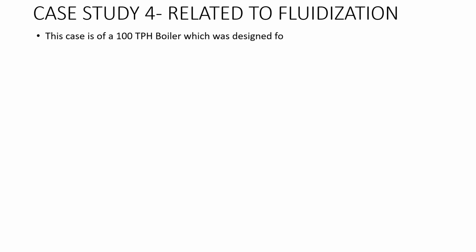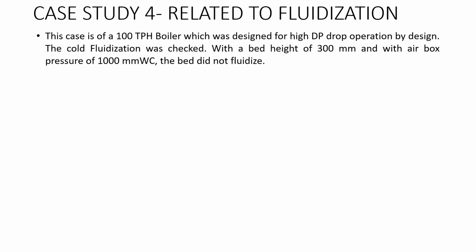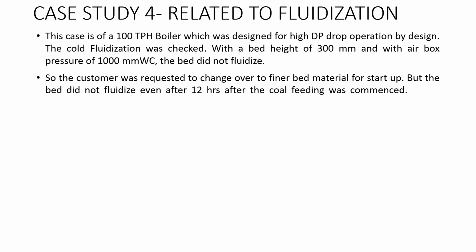Now case study number 4. This is a case of a 100 TPH boiler which was designed for high DP drop operation by design. The cold fluidization was checked with a bed height of 300 mm and with air box pressure of 1000 mm of water column, but the bed did not fluidize. So the customer was requested to change over to finer bed material for starter, but the bed did not fluidize